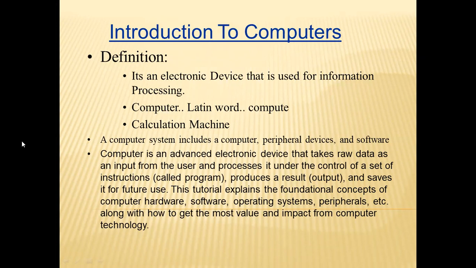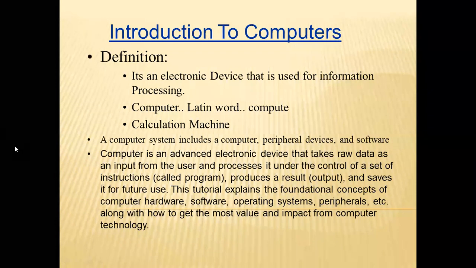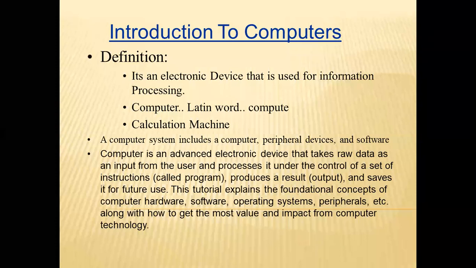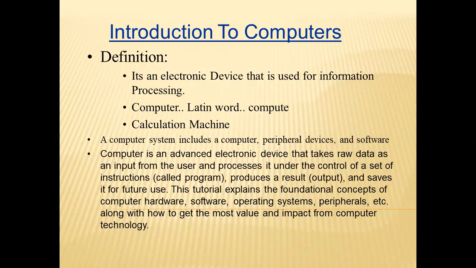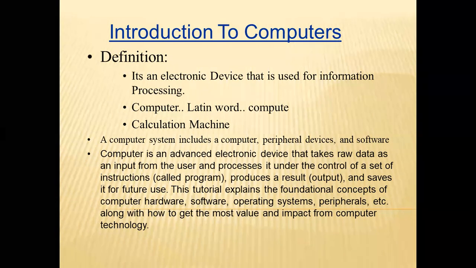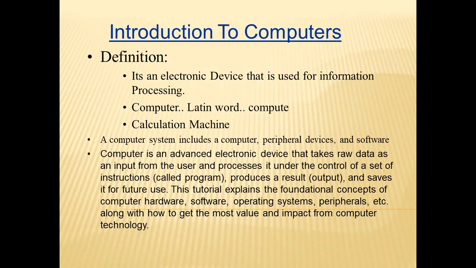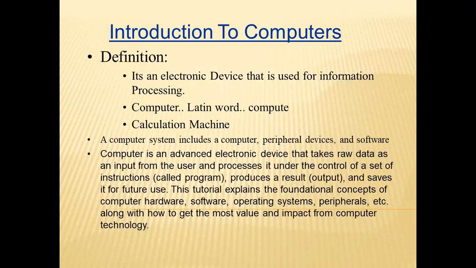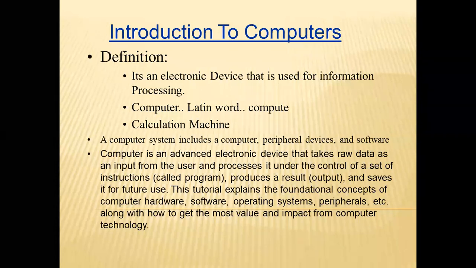When we are processing information, information may be a list of students. Like I am teaching BBA third semester, so your class is BBA third semester, and 62 students are there. So the whole data of the 62 students will be kept in the computer: father's name, mother's name, the address, your telephone number, your Aadhaar number, your marks of first semester, your marks of second semester. Each and everything would be kept over there. So that is known as information.